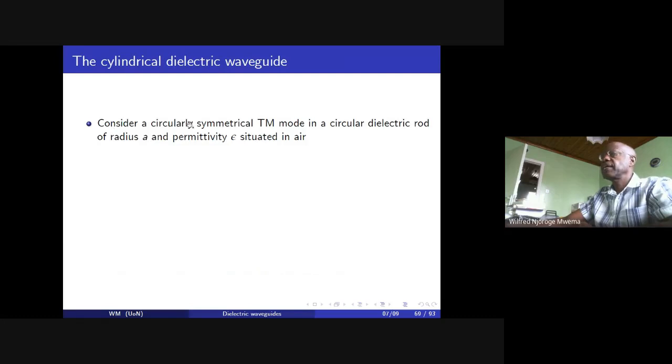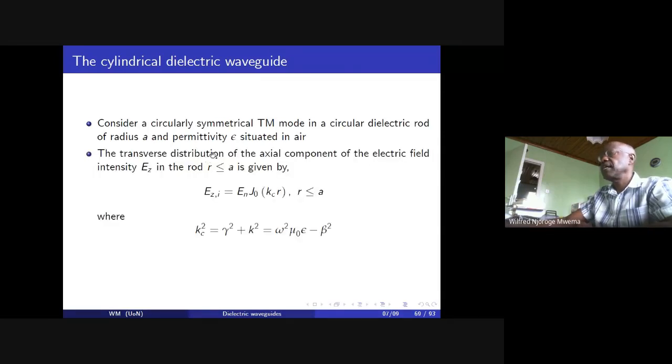So consider a circularly symmetrical TM mode in a circular dielectric rod of radius a and permittivity epsilon situated in air. This is an introduction of the cylindrical waveguide, which you'll get as a fiber optic in common use in communication. So the transverse distribution of the axial field components of the electric field intensity Ez for TM modes in